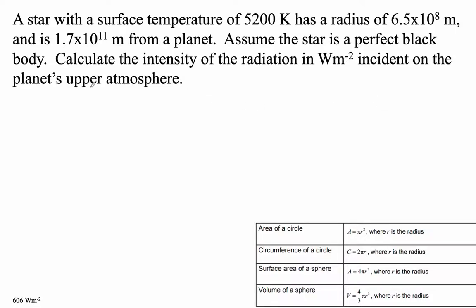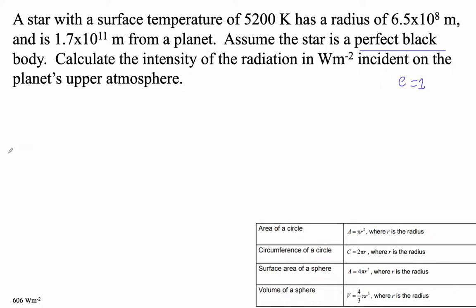All right. So a star with a surface temperature of 5,200 kelvins has a radius of 6.5 times 10 to the 8th meters and is 1.7 times 10 to the 11th meters from a planet. Assume the star is a perfect black body. By the way, that's coded language for the emissivity of the star being 1. Okay. Perfect black body. Calculate the intensity of the radiation in watts per square meter incident on the planet's upper